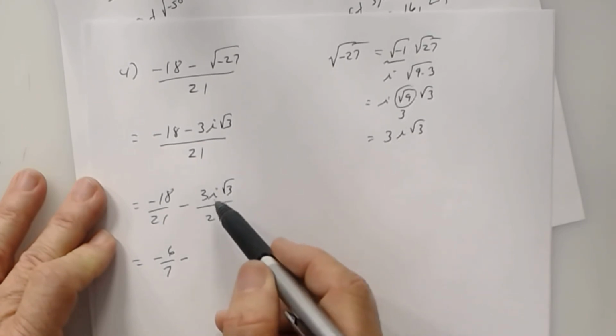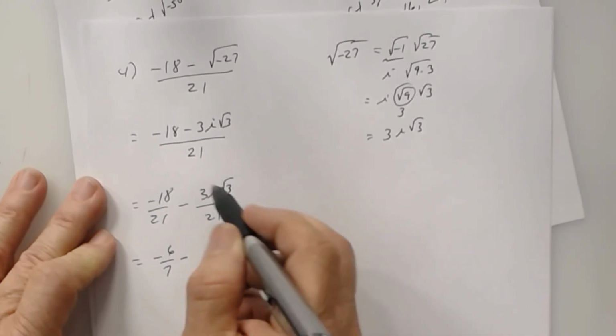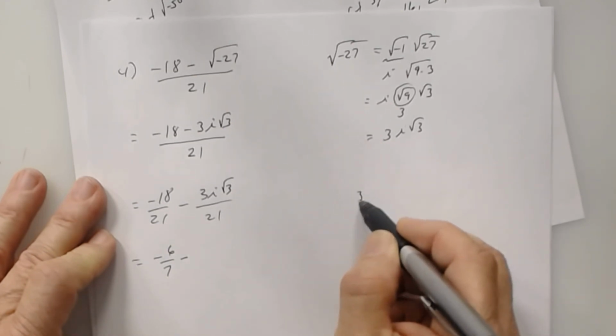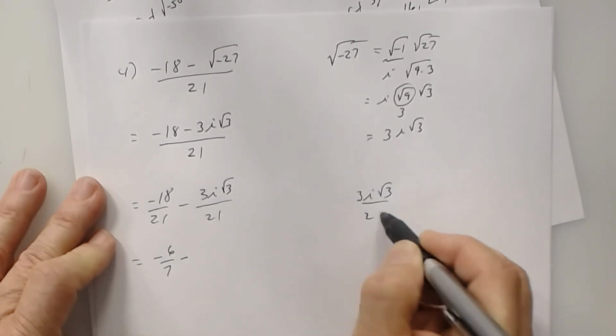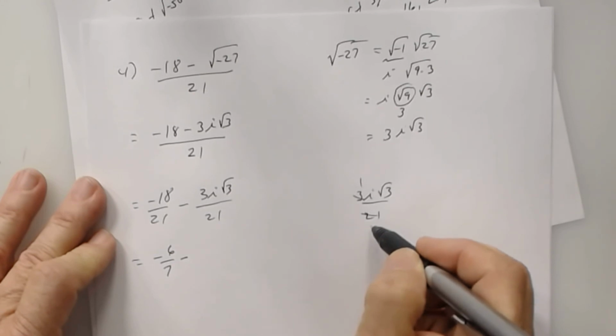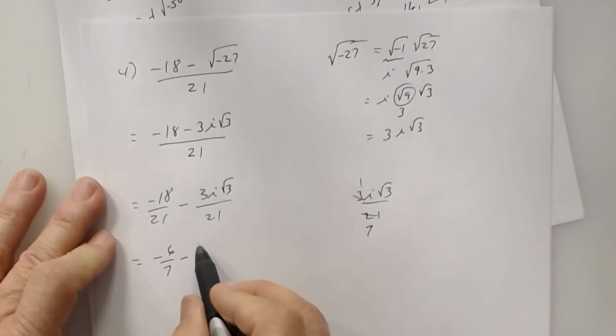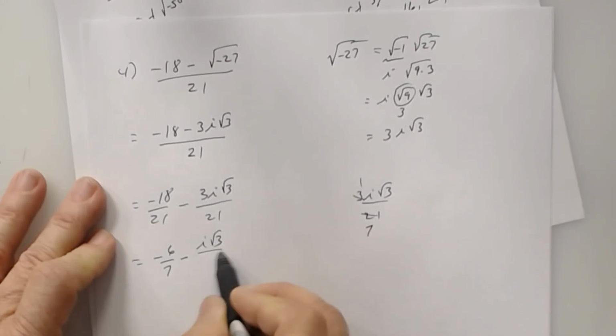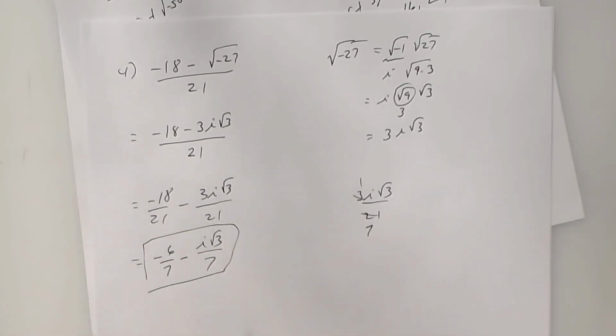Now which 3 am I going to use? First one. So look, this is what you're dealing with. So you're saying 3 and 3 is 1, 3 and 21 is what? 7. So what's your answer? i square root of 3 over 7. Yeah. Okay, so that should take care of that worksheet now. All right, so that worksheet is going to be due Tuesday. 1.4 part 1 will be due Tuesday. Okay? All right, now